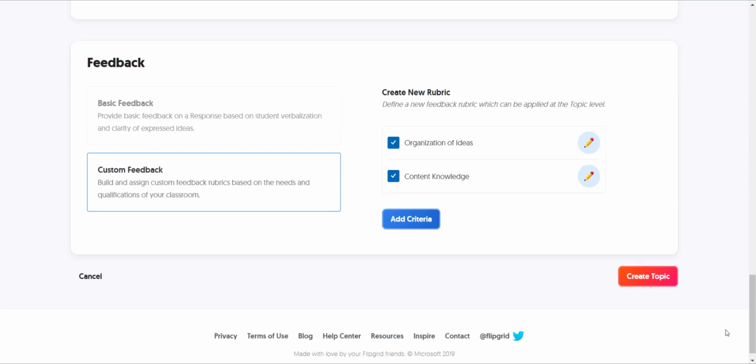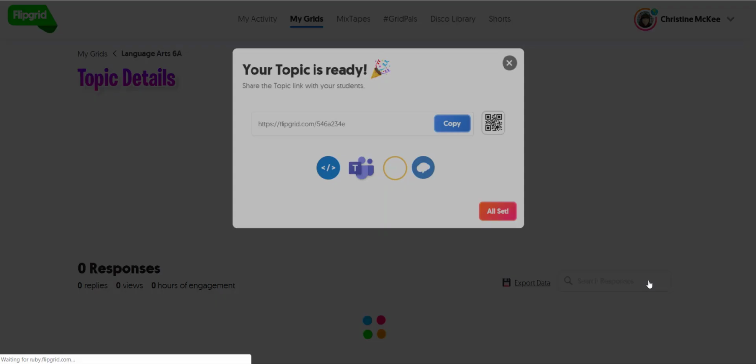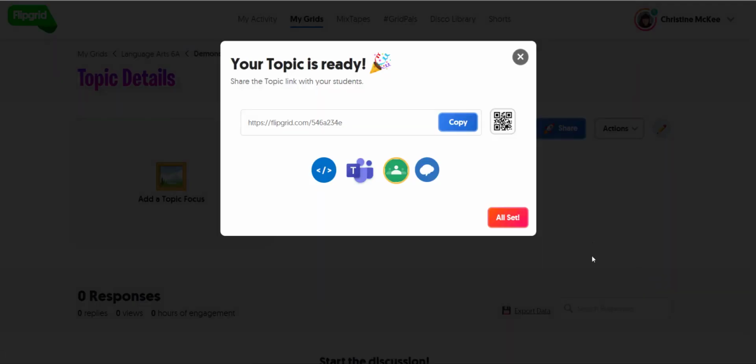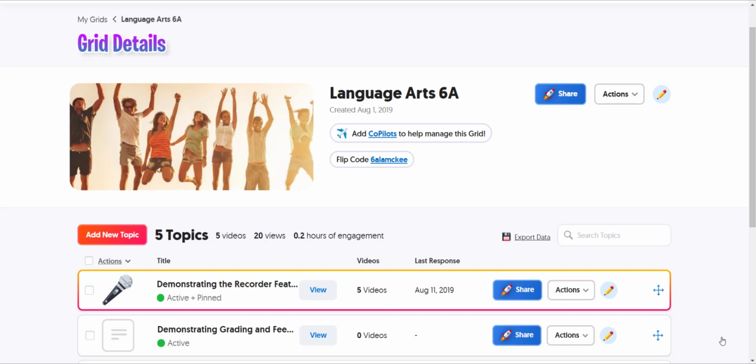Don't forget, if you are customizing this feedback for a brand new topic, make sure you click the Create Topic button here at the bottom in order to launch this topic into your grid. Please note that you can customize the feedback for an entire topic that already exists in your grid by simply editing the topic. So I can select a topic that I had previously created and click the pencil icon to